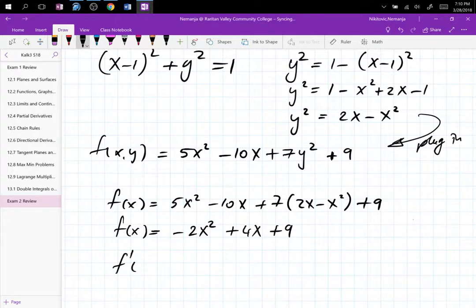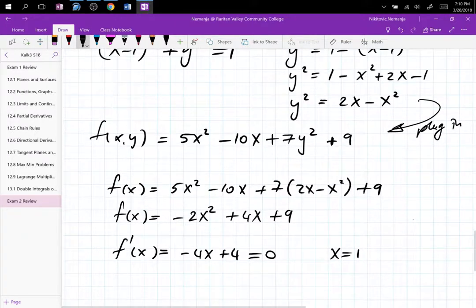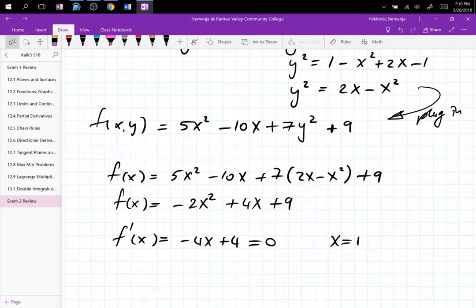We find the derivative of that, which is negative 4x plus 4 equals 0. We get x equals 1. So we're doing Calculus 1 procedure now. So if I have x equals 1 as a critical point, right, x equals 1,